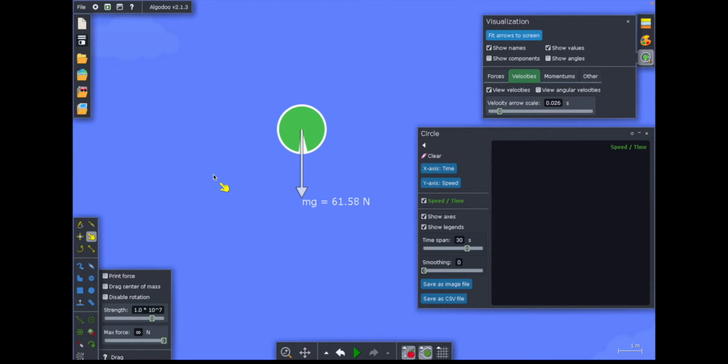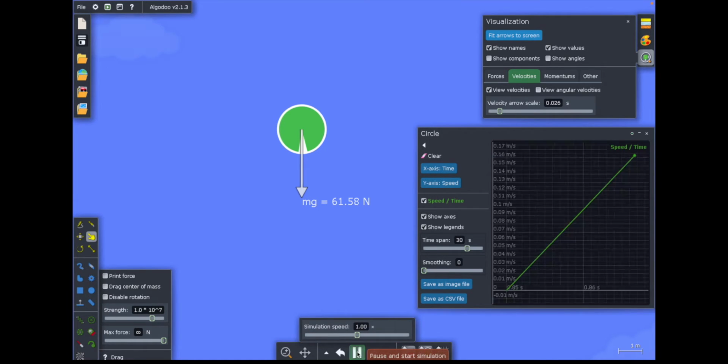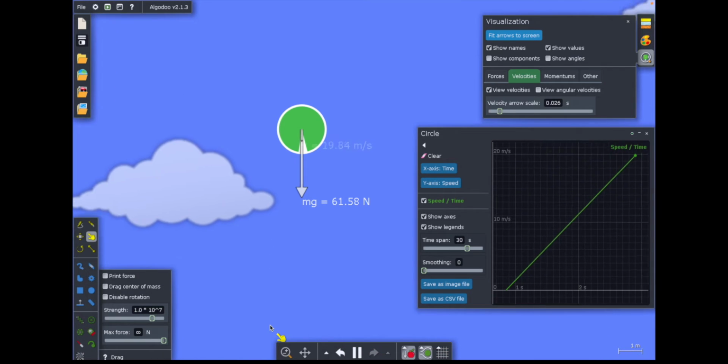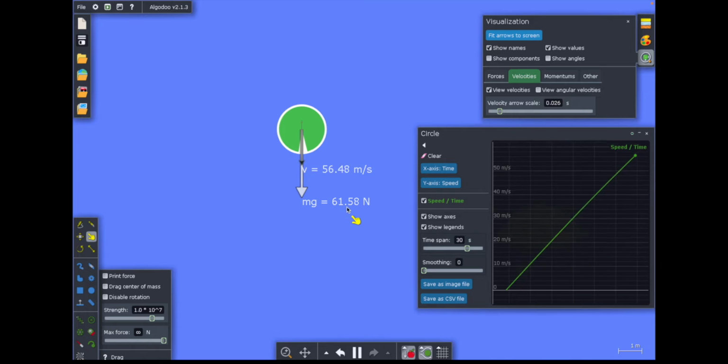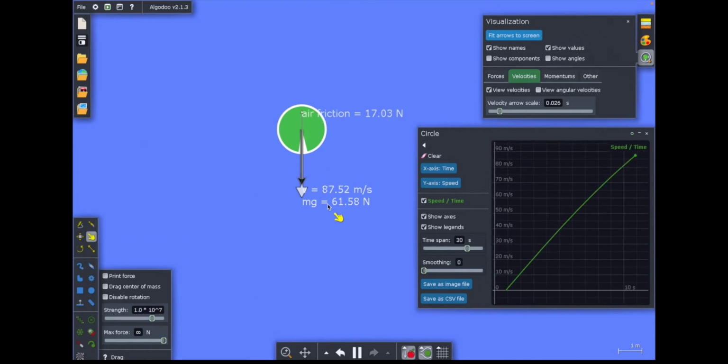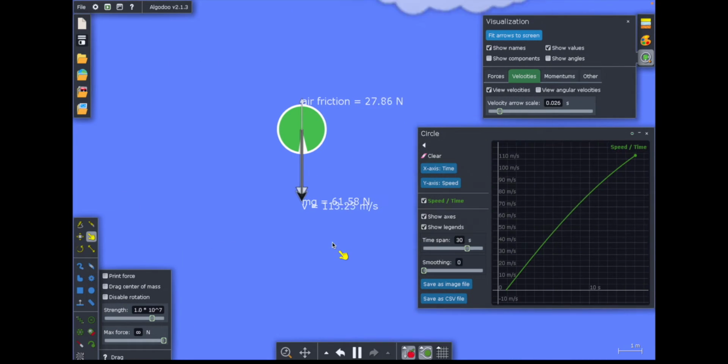Here is a ball that will be dropped from a certain height, and I have set this animation in a way that it is bottomless. That means it will not be hitting a ground. Let's take a look when I play the simulation. We can see that the object has a weight of 61.58 newtons and its speed is growing as the time